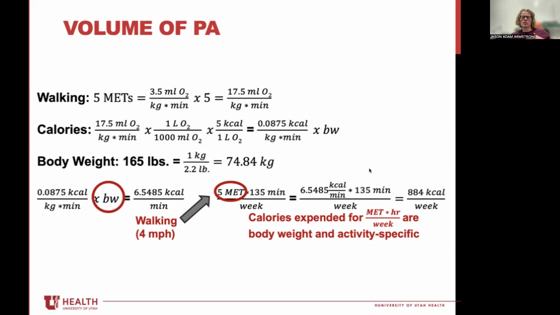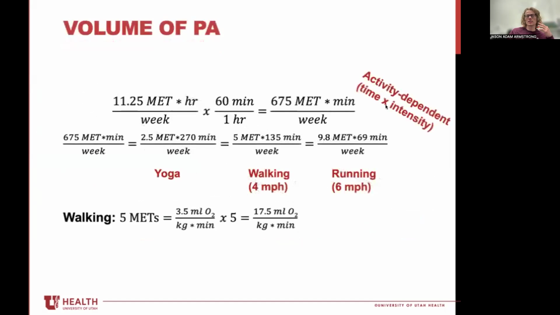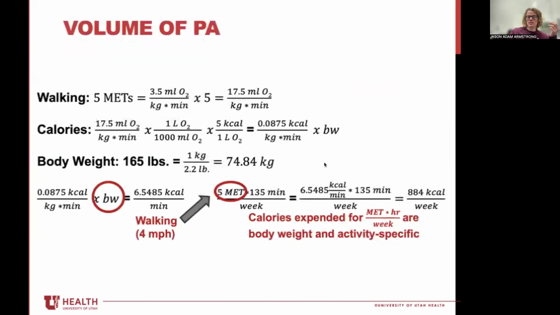I wanted you to sort of follow that just so that you understand how calories are calculated, and also so that you understand how, if someone's wearing an activity tracker, that's why Apple Watches will ask you, what activity are you doing? Because the activity determines the intensity. Okay. Then it will measure how long you do it for. It knows your body weight, and so it can estimate the total number of calories utilized. Okay. Now,